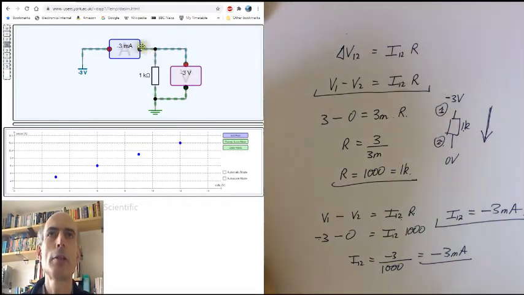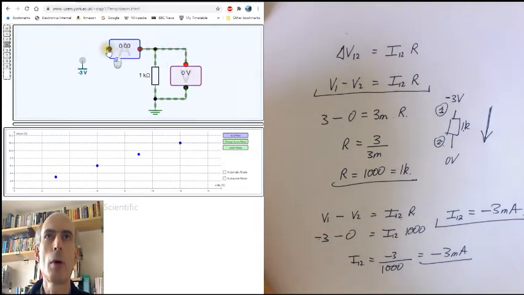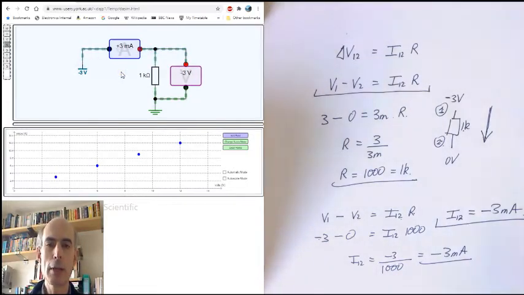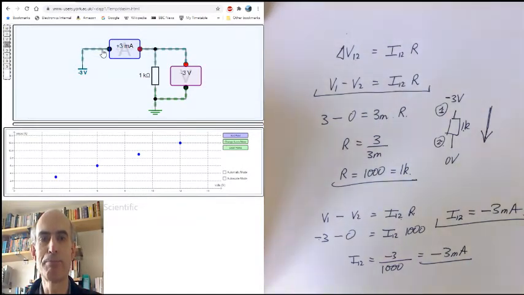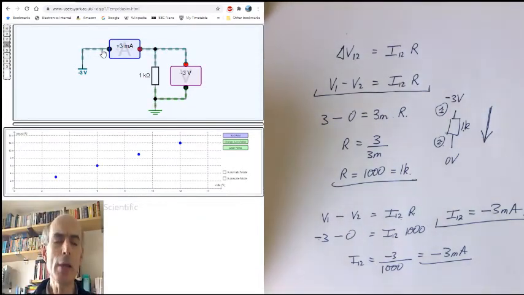And in fact, if we took this ammeter and turned it around and wired it back up again, it would now be reading plus 3 milliamps, because it's now reading the current in this direction, from right to left, the direction the current is actually flowing in. Okay,